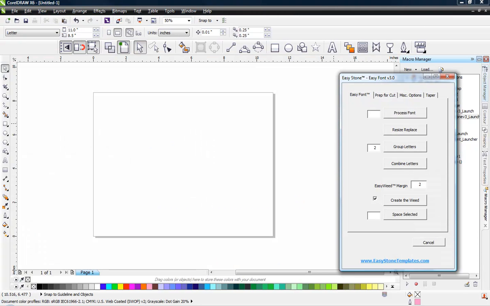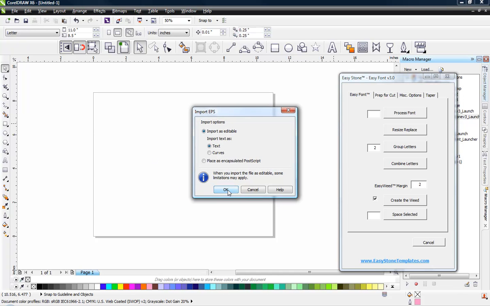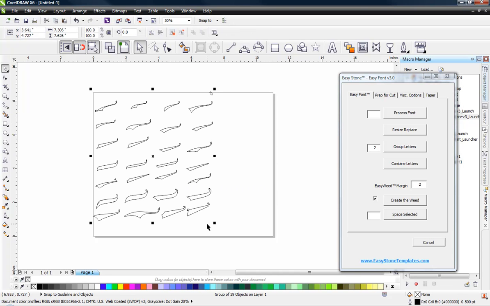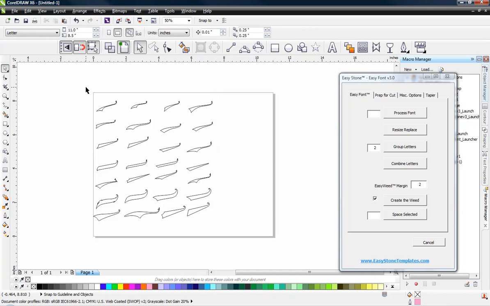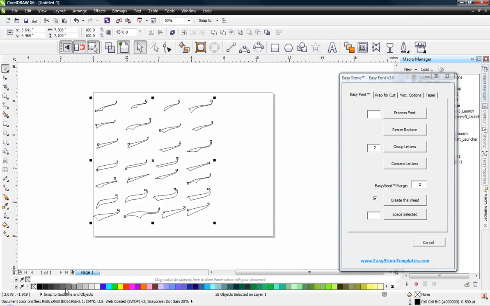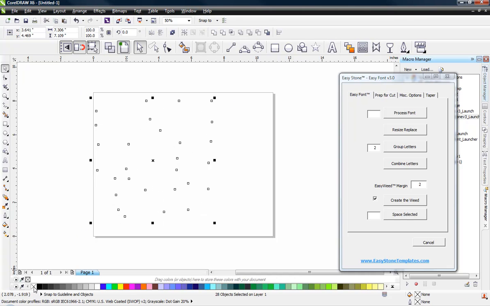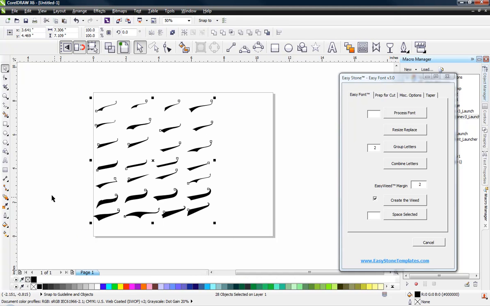What we're going to do is simply drag and drop the EPS file that we've downloaded from Advanced T-Shirts. Initially it will come in grouped, so we're going to ungroup it: just click on it, right click and choose ungroup. Then we're going to delete the one little speck of something up there. Now all these tails have an outline, so we're going to select all of them and right click on this little X here. That will get rid of the outline, and then we're going to left click and fill it with some color,